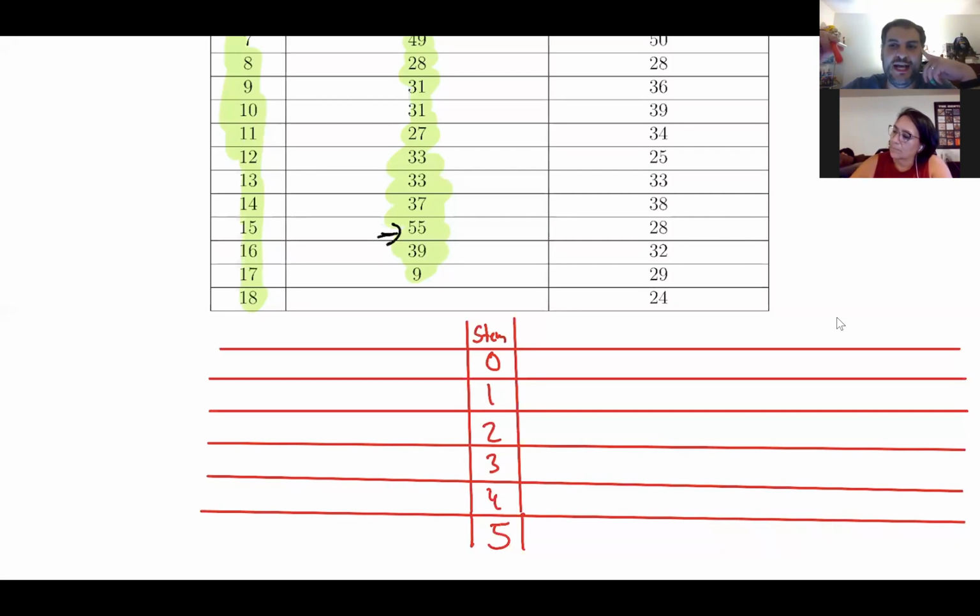So those are all the lines. And if you look at my stem, we start off at 0 because the lowest number we have is 9. So technically there's a 0 in the tens place, so that way you put 0. And if you look at the stem, the highest stem that we got is 5 because of the highest number, which was 55. All right. Everybody good so far with how I set up the stem portion?